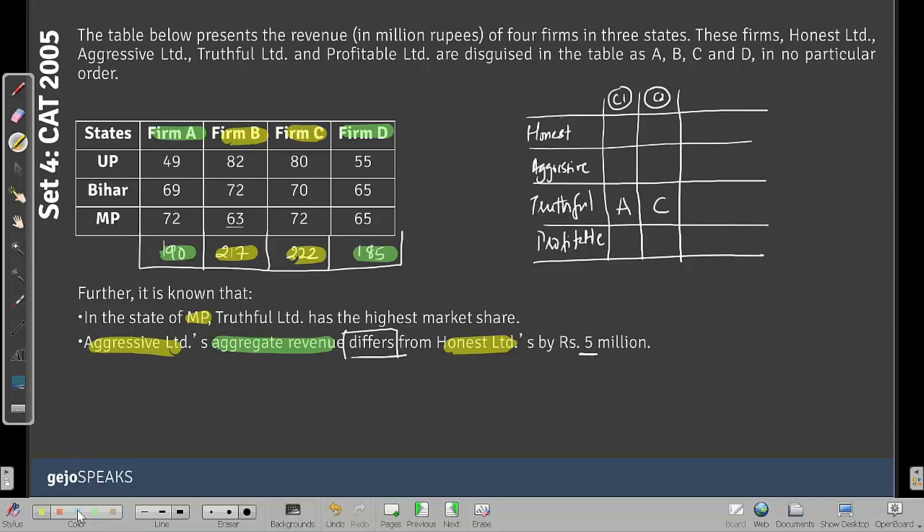And given the fact that what is mentioned here differs, if you're looking at this particular case here, firm A, firm D combination, aggressive and honest, since it says differs, A can be aggressive, D can be honest, or A can be honest and D can be aggressive, and that goes with the same thing in B and C. Now if you look at it, you can consider this case number 2 of B and C,